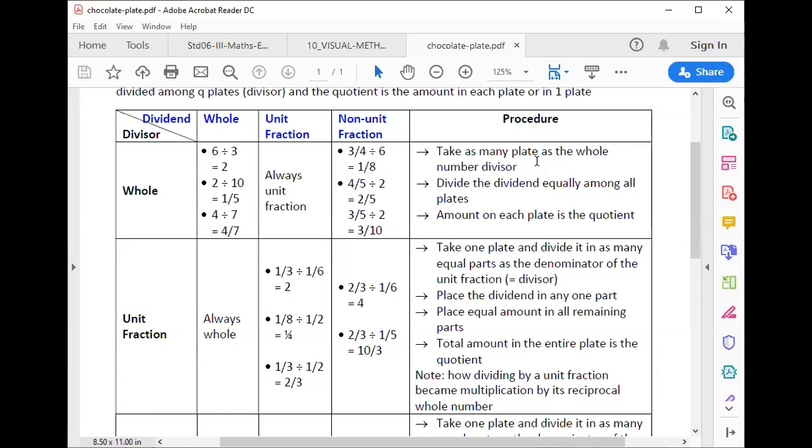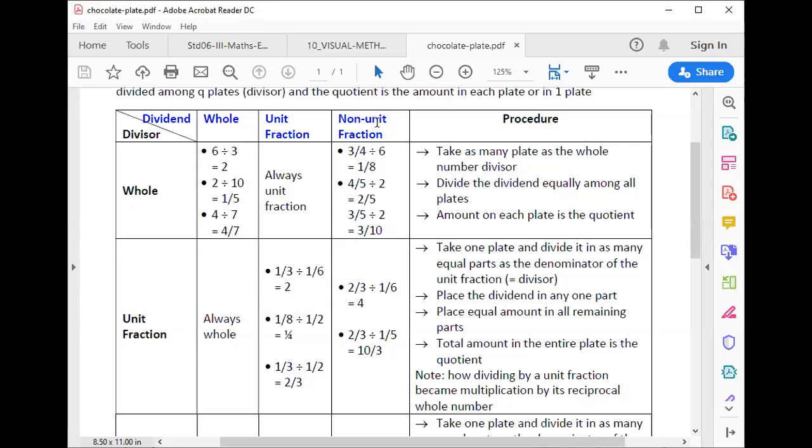And then in the next case, we have given you different situations. So notice how in this case, when you are dividing a whole number by a whole number, the quotient can be a whole number, it can be a unit fraction, it can be a non-unit fraction. So that is what these examples try to capture. If you divide a unit fraction by a whole number, you will always get a unit fraction. So no further bifurcations here.